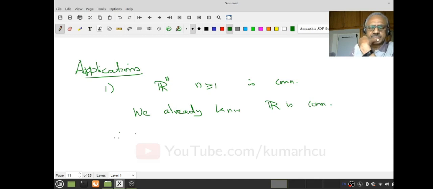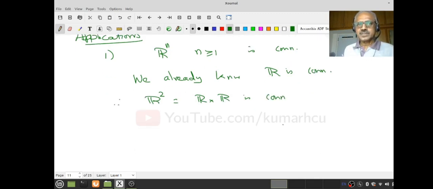Therefore by induction R^2, which is R cross R, is connected. Now remember, there is a subtlety here, you should be aware of that. The subtlety is when I say R^2, this is with respect to the standard topology, that is standard Euclidean topology,